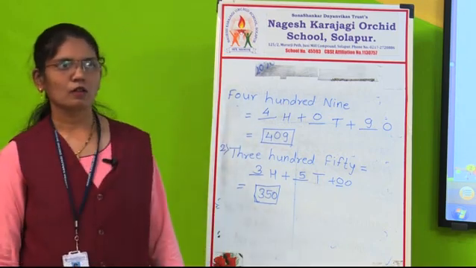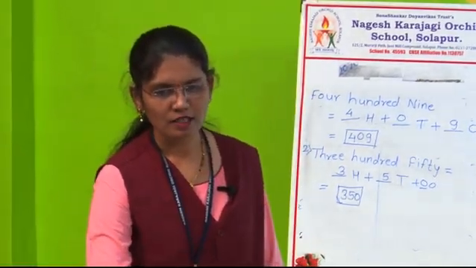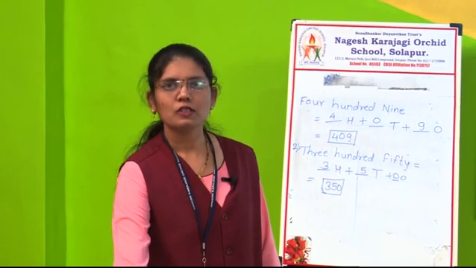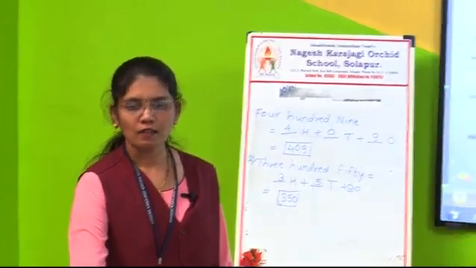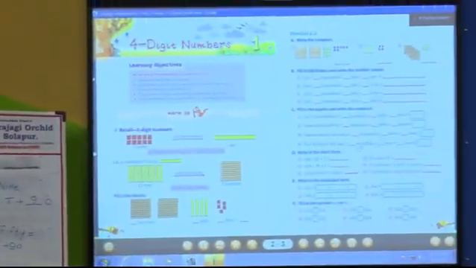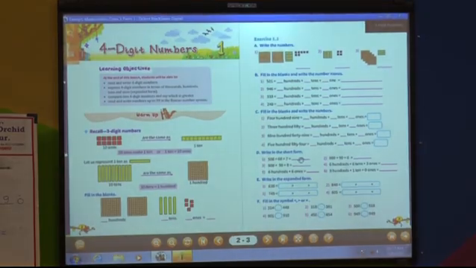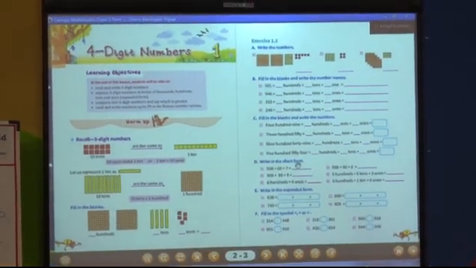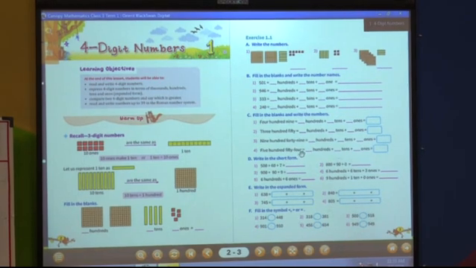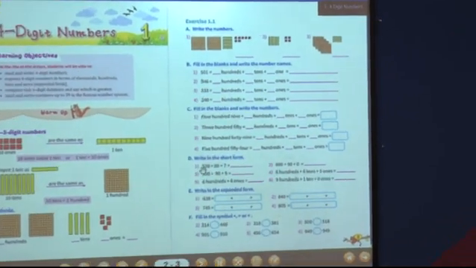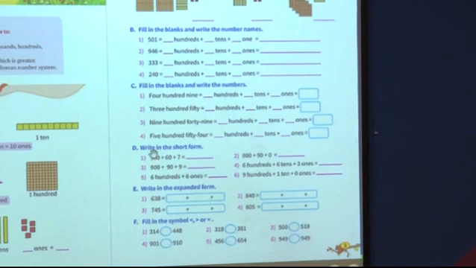Isn't it? Okay. Now students, the remaining 2 sums you have to solve as homework on your own. See students, whatever homework I am giving you now, you have to do very honestly, because your parents are going to check everything. Okay. Now let us move to the next question.